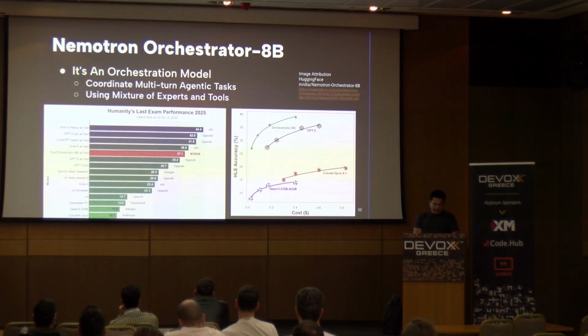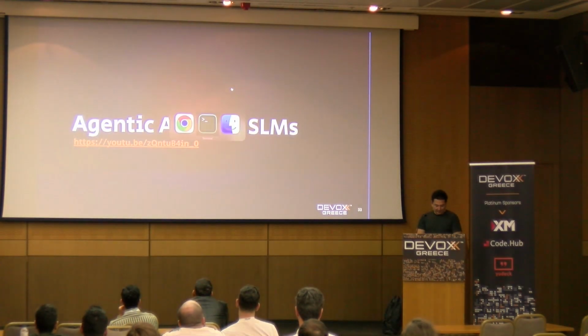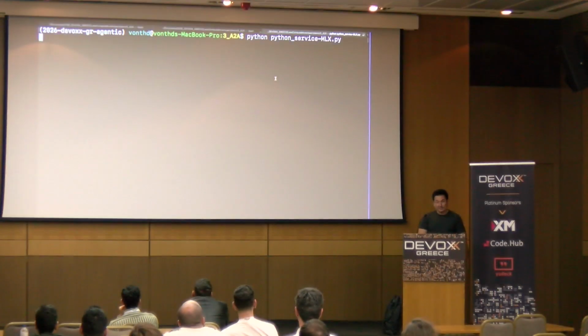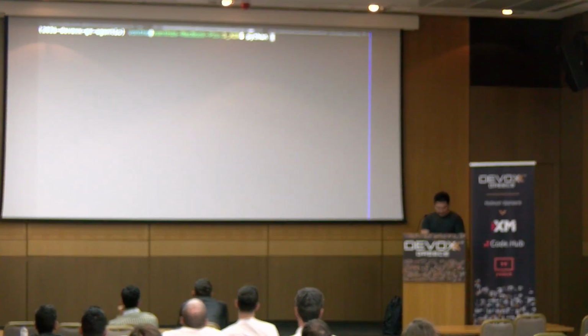If you take a look at the cost and accuracy for the Humanity's Last Exam performance, you can see in the graph that the green line is much cheaper, and that's the whole takeaway from all this. So let's go ahead and demo that. I'm going to run our Python agent. Again, I'm on my Apple, so this will provide all the Python expertise. We're going to run our SQL agent, which is going to provide all of our SQL knowledge.